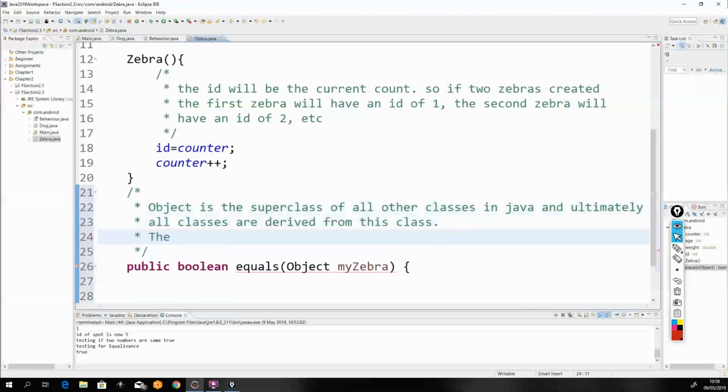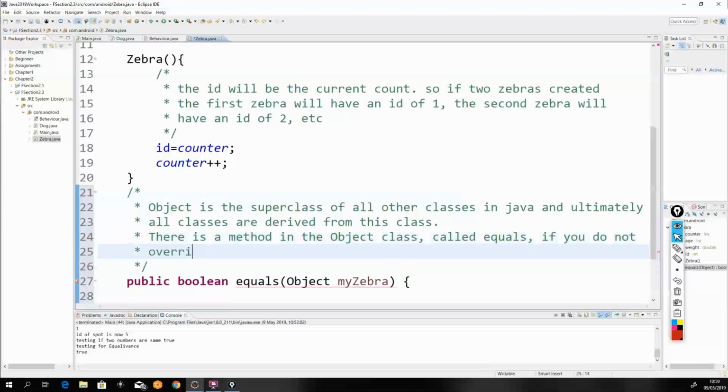Okay? There is a method in the object class called equals. If you do not override this method, it will return true